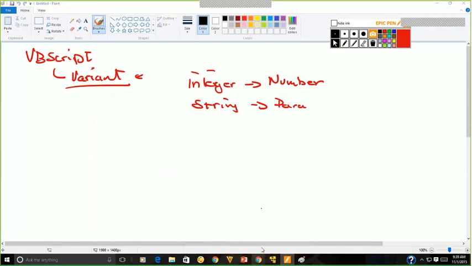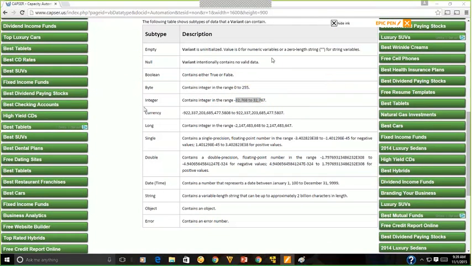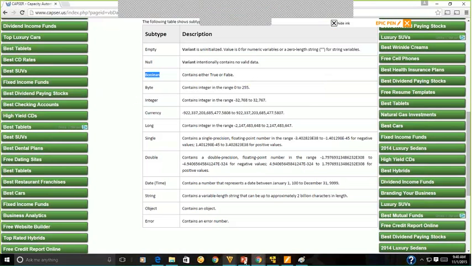If you see my script, you have integer. This is what we are going to use a lot for numbers. Integer for numbers, this is what we are going to use a lot. Then we use string. We use string a lot. These are the two main data types that we will be using a lot. We are not going to use Boolean. Boolean we use in a loop, an if loop or condition, to find out whether the factor is right or wrong. Okay. So the main two data types that we will be working with in our day-to-day career is